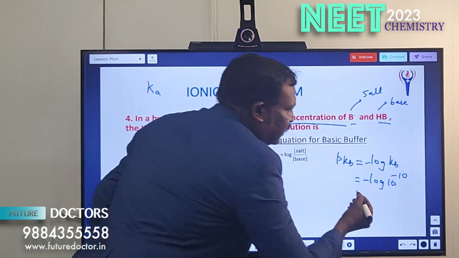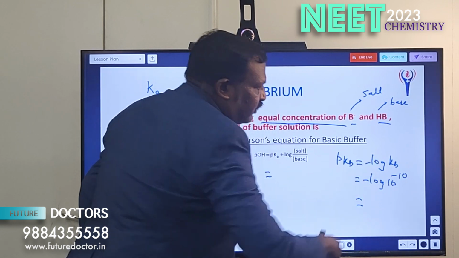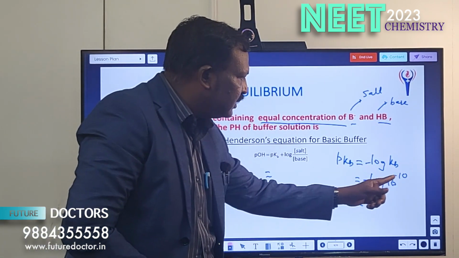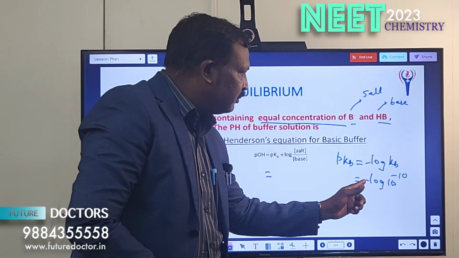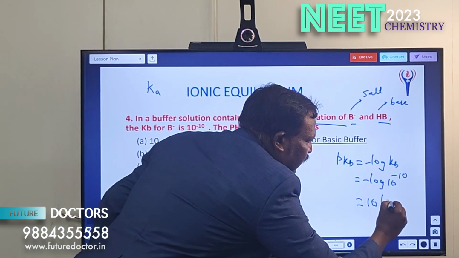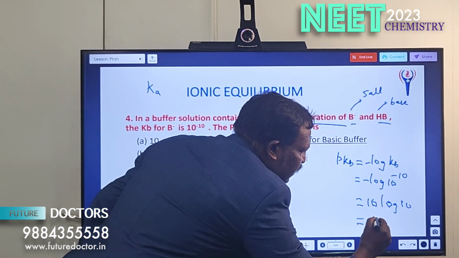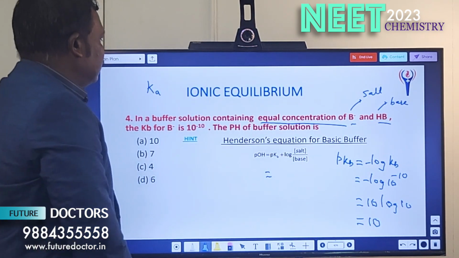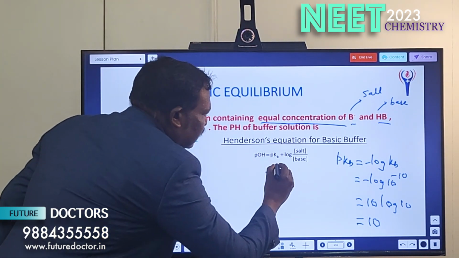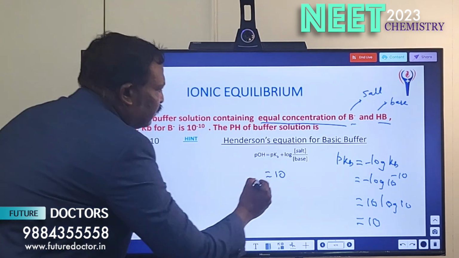Here the minus 10 comes to the front, and already one minus is there, so it will be 10 minus log 10. Log 10 is 1, just leave it. The answer will be 10. Understood? So pKb is 10, plus